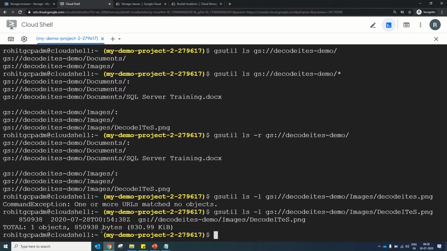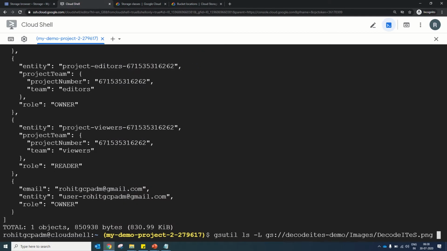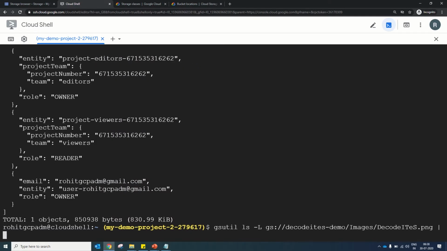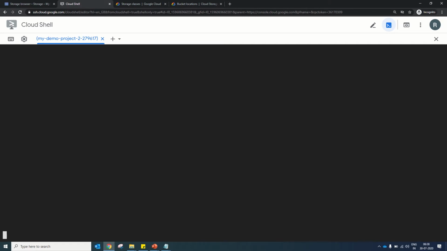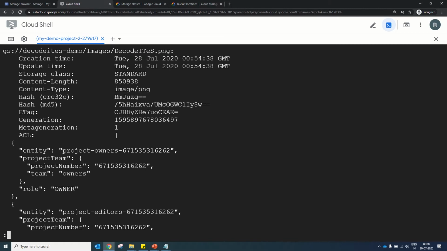So the short information that we got using ls -l is the number and the creation date of the file, the location of the file, and the size of the file. Size is somewhere around 830 KB. If you use the capital L, you will get the detailed information about the object. If you find it's going to occupy a complete page, you can use the -ls, and let's see. Yeah.